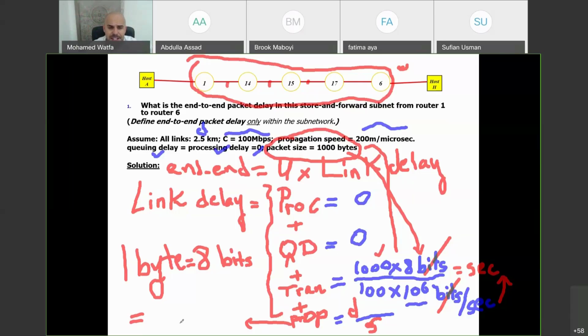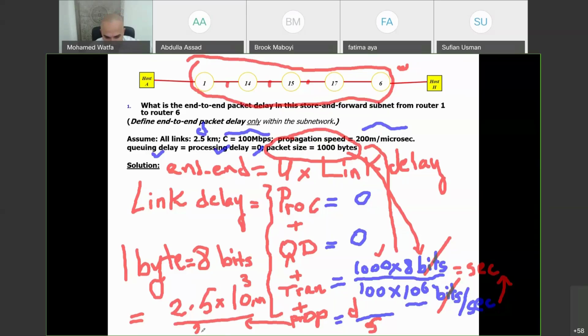So anyways, what's the distance of each link? 2.5 kilometers. Each link was 2.5 kilometers. So convert to meters. What do I do to convert to meters? 10 to the power 3. Thank you so much. And put the unit, meter. Put the unit so that you don't forget it. Now it's in meters. Now over speed, which is 200 meters